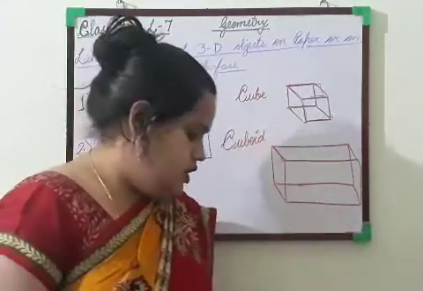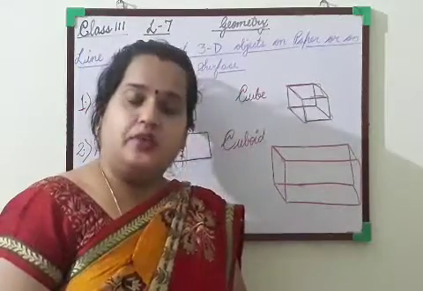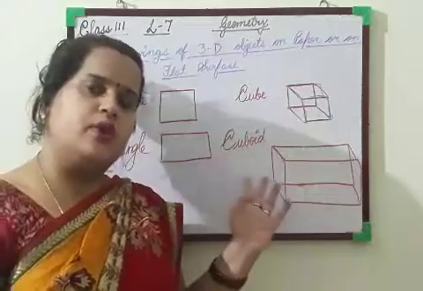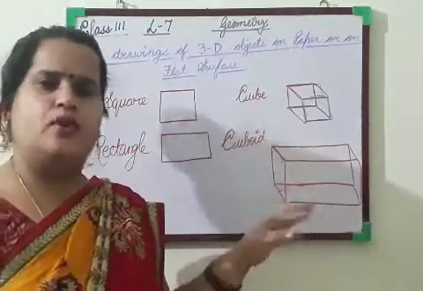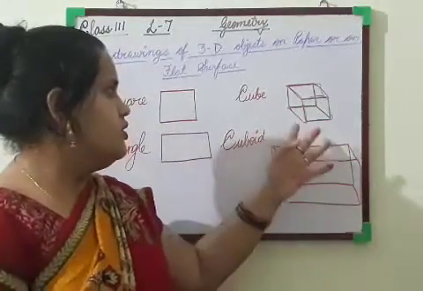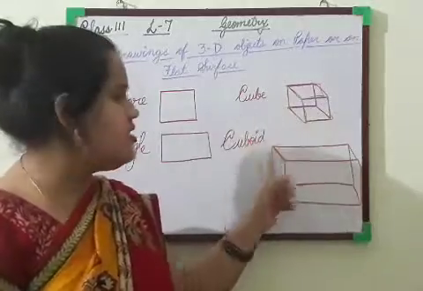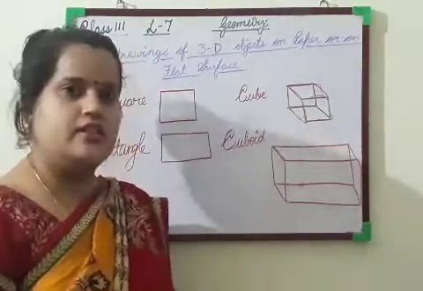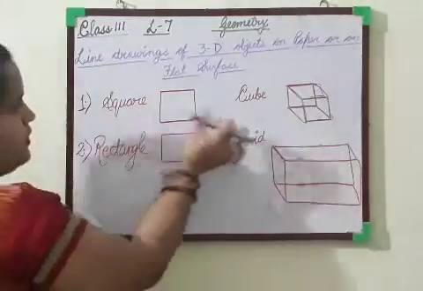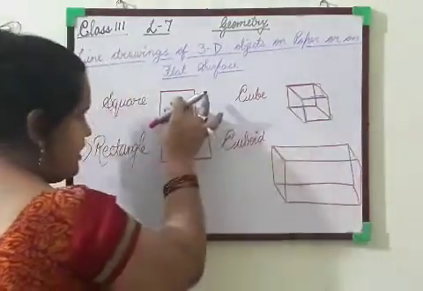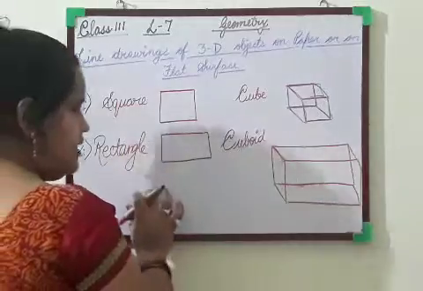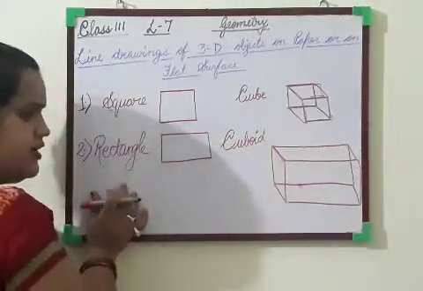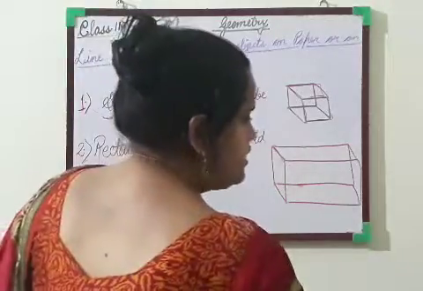Okay. A cuboid has 6 rectangular faces. How many faces it is having? Again, both the cube and cuboid, the number of faces, the number of vertices, and the number of edges are same. Okay. So cube is having 6 square faces. Cuboid is having 6 rectangular faces. Then 12 edges are there. So we can say that from wherever we will see the cube, we will find it as a shape of a square. In the same way, wherever we will see this cuboid, we will find it in the shape of a rectangle. Okay. Now we are having some different other shapes also.